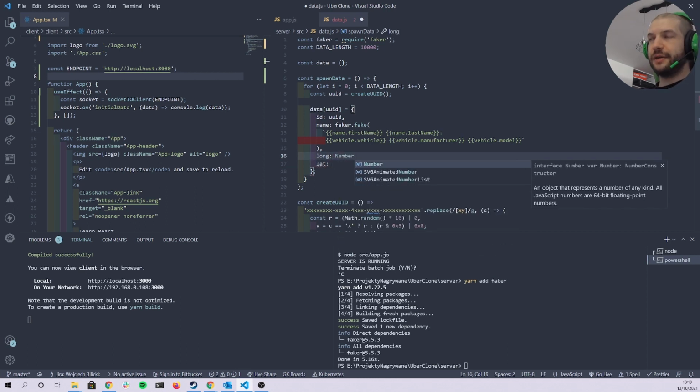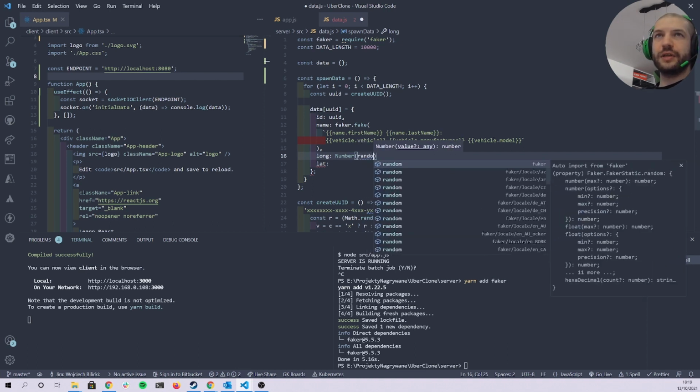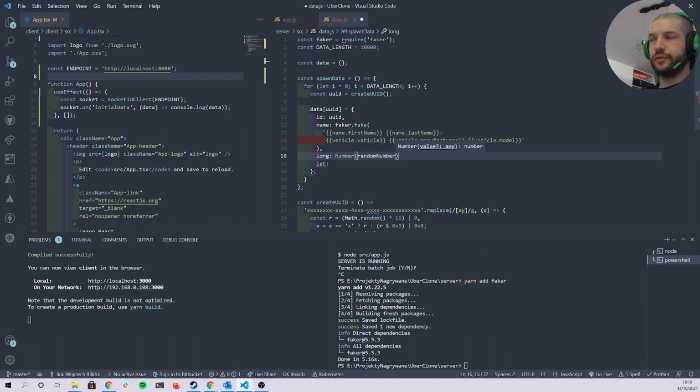So that's going to be a number, and I'm going to create helper function to choose random number from this coordinates